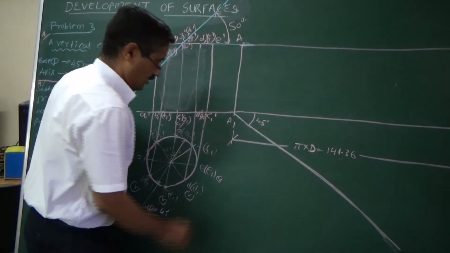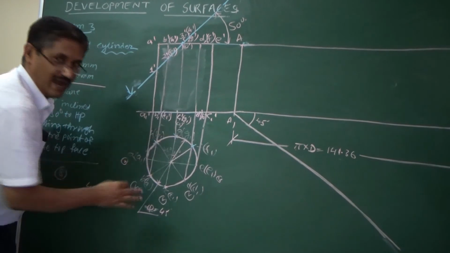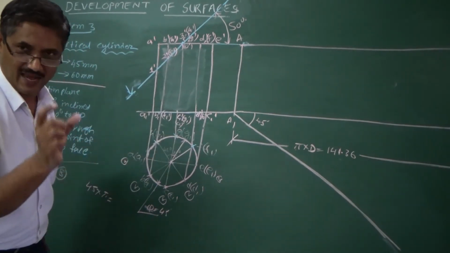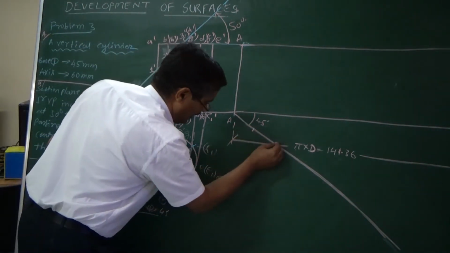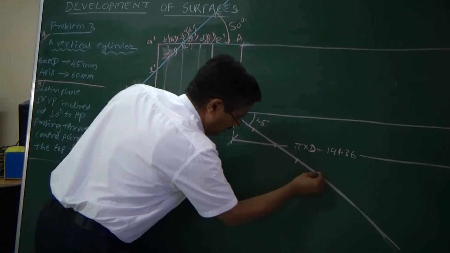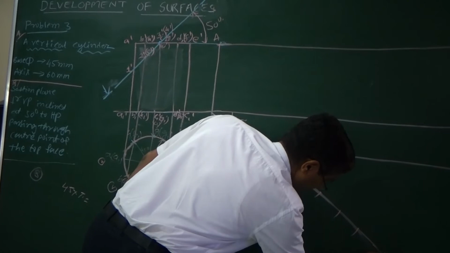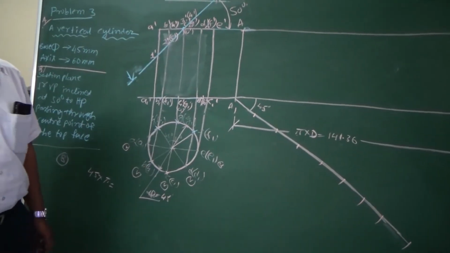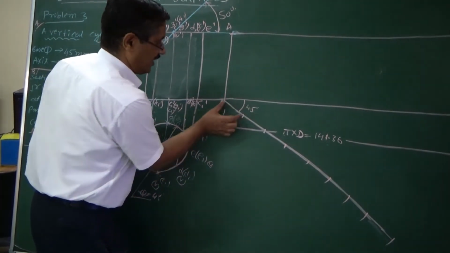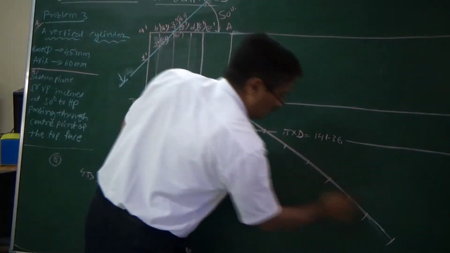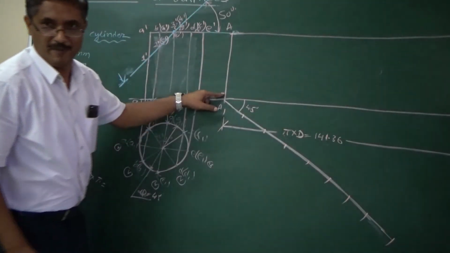Okay. So just cut. How many parts have you done here? 8 you have done. So you have to take a trial and error method, take a fixed length and mark 1, 2, 3, 4, 5, 6, 7, 8. So equal distance, you need not change that. Conveniently take a length so that you cover a long line here. Don't make it too short, because otherwise while drawing it will become difficult.